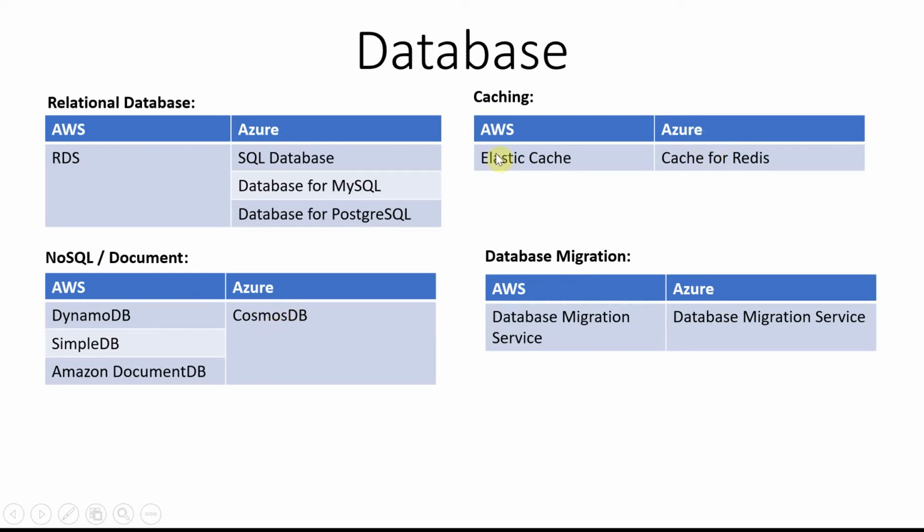And on the caching side, Cache for Redis. On the database migration side, it is more about the migration utility, for migrating your on-premise data to the cloud, or multi-cloud. It supports homogeneous and heterogeneous ways of transferring data, from on-premise to cloud, or within the cloud. Let's say you're already using one database, you can move to another database using the migration service. So that is the database side. I think we covered all these things in the last session, so I'm just quickly moving.